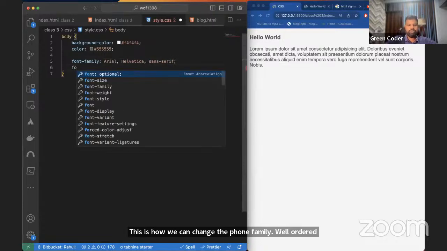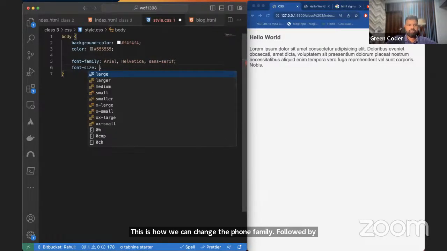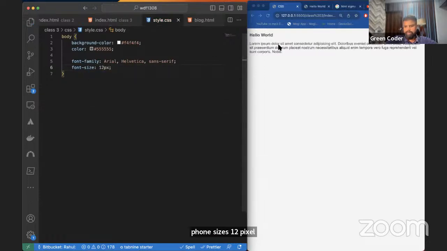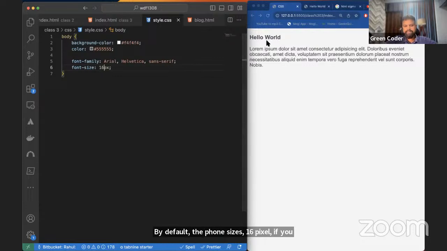Followed by this, we can also change the font size. Let us put the font size as 12 pixel, right? Now our font became smaller, right? By default, the font size is 16 pixel. If you see, if I put 16, it is same like earlier,